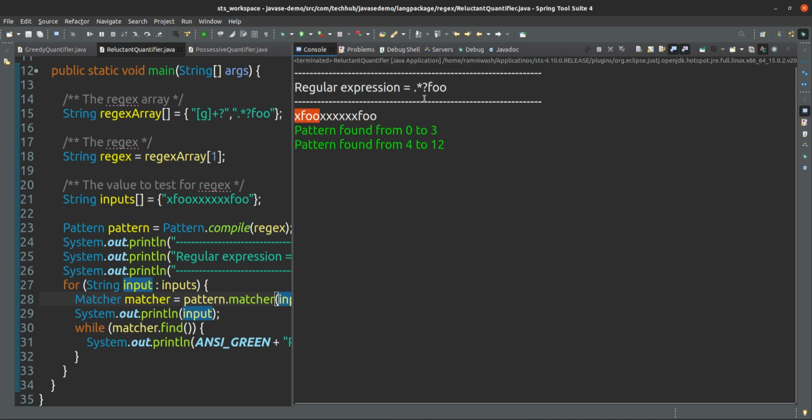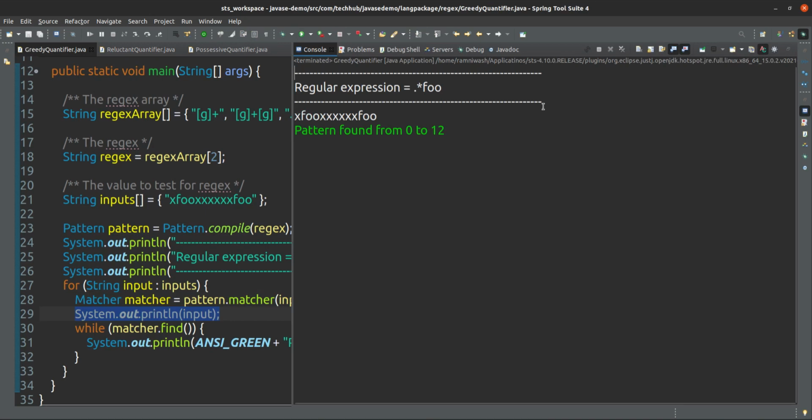Dot means x can be anything, x can occur a number of times, so one time is coming, after that foo should come, yes, foo is coming, so that's why this is matching this one. And again after this one, I will start again, then x is matching and x can come anytime, so x is coming n number of times, and foo, yeah, so that's why this pattern is also coming. So it is searching for this pattern, this is the second pattern, this is the first pattern. But if you see in the greedy quantifier, it is searching only once, it starts from here, consumes everything, and comes here.